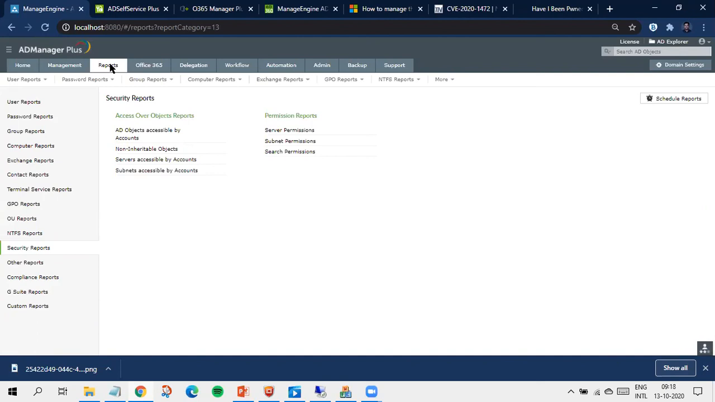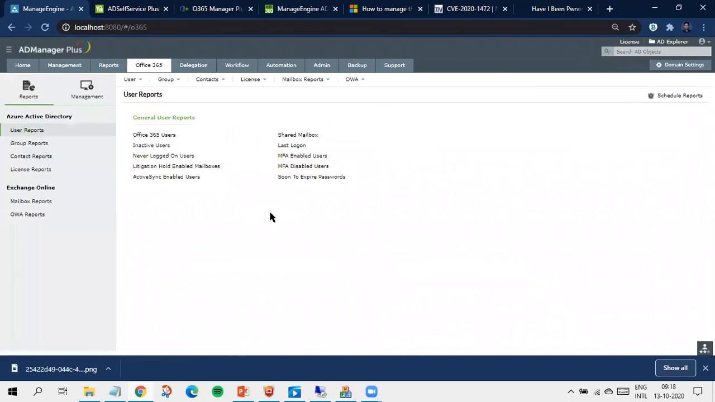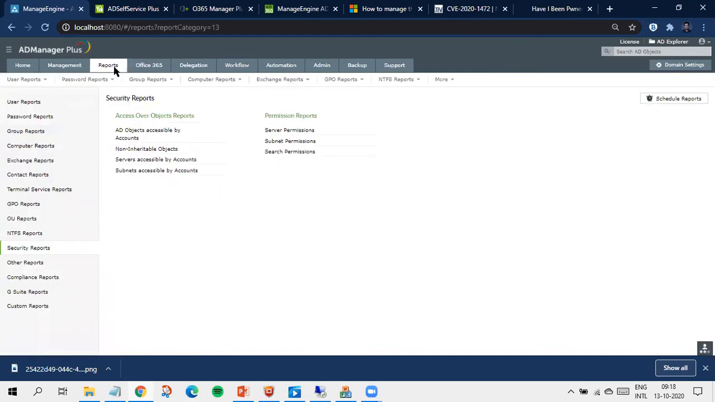This is just with regard to Active Directory, but if I head into the Office 365 tab, there are a bunch of actions you can look into in Office 365 as well, right? For example, your Office 365 group memberships. Which of your users have licenses within Office 365? Which of your users have permissions on certain mailboxes within Office 365, right? Which of your users have multi-factor authentication disabled? Which of your users' passwords are going to expire really soon? So there's a lot you can look into just by using the reports tab within the AD Manager Plus component of